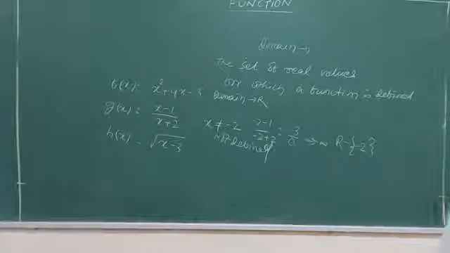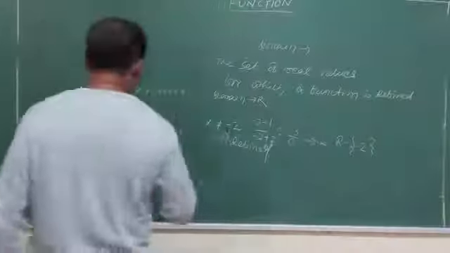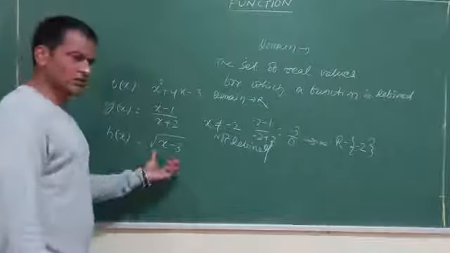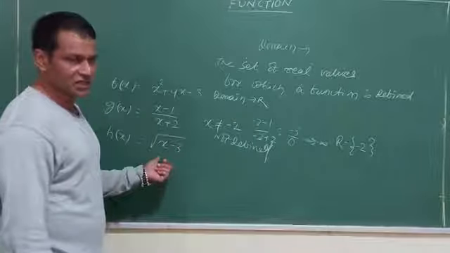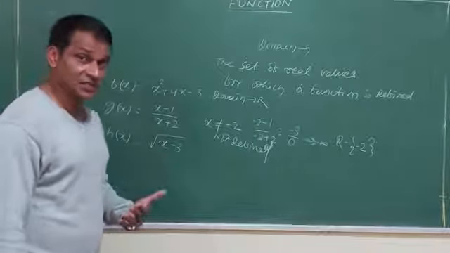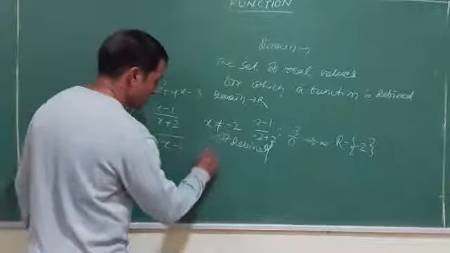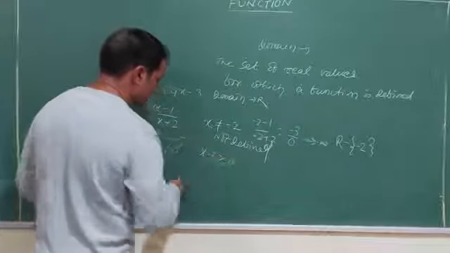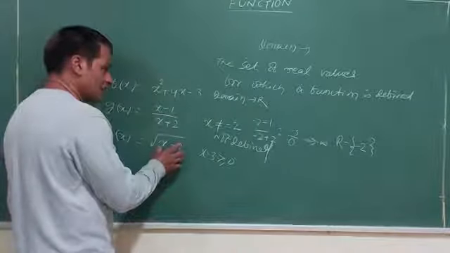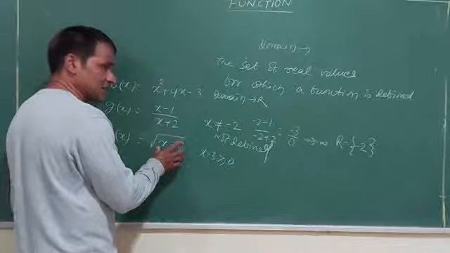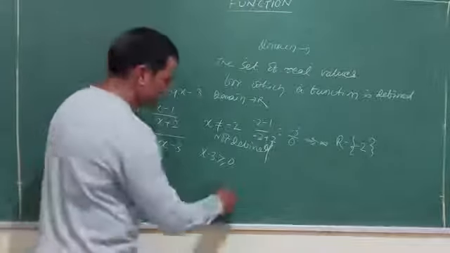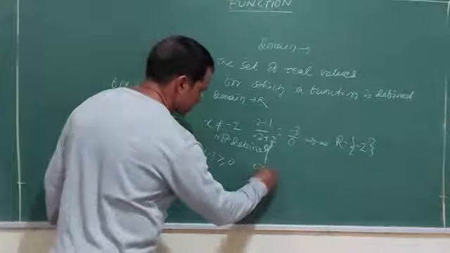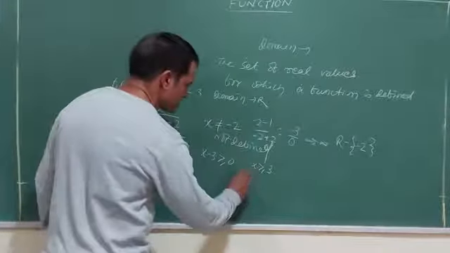Similarly, look at this function. Can I take all the values here? Can I take a negative value? Minus 2, minus 5, the square root I will not get. Can I take 0? No. That means again there is some restriction. So, what is the restriction here? X minus 3 should be greater than or equal to 0. From childhood you know that I cannot take negative values here. This square root cannot be negative. So, x minus 3 must be greater than or equal to 0, so x is greater than or equal to 3. So its domain is 3 to infinity.